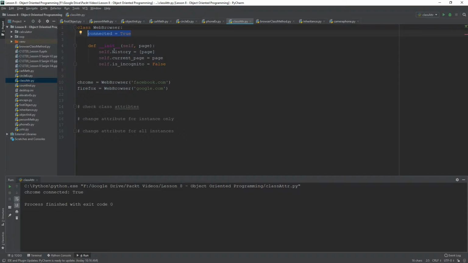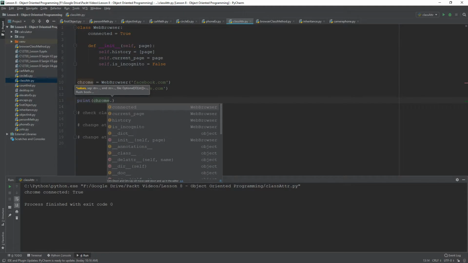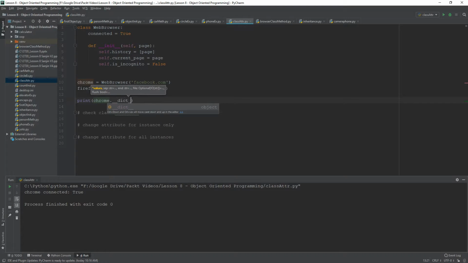If your PC is connected, then all your browsers have an internet connection. So before getting started, let's just print the state of both. We're going to print Chrome dot, and we can do the same for Firefox. And what you're going to see